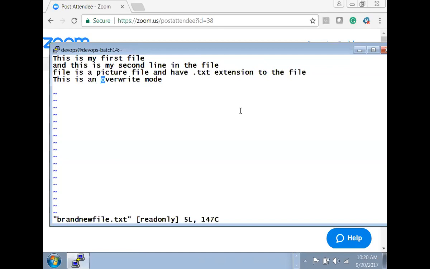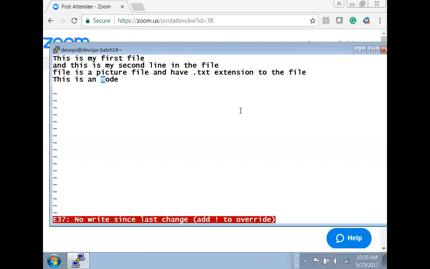And suppose I deleted this word by mistake, overwrite. I deleted that. Now I want to come out. So I'll say :q. It will not allow you to come out with the normal :q. Why? Because it says, hey, you have opened the file in read-only mode and you have changed the file. Now you are running out without saving.